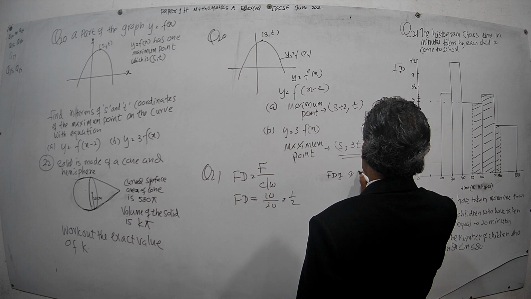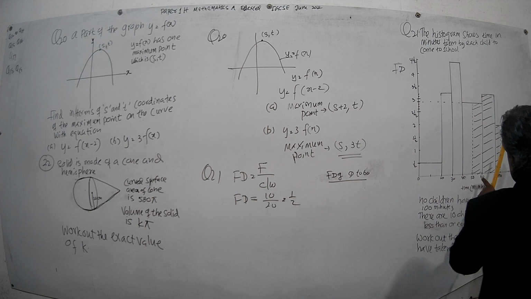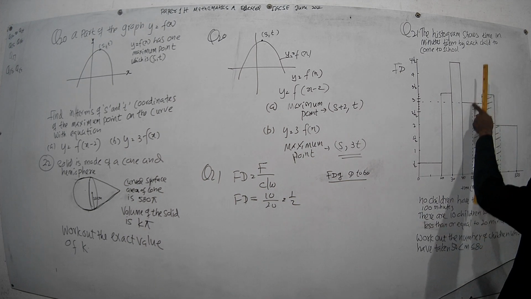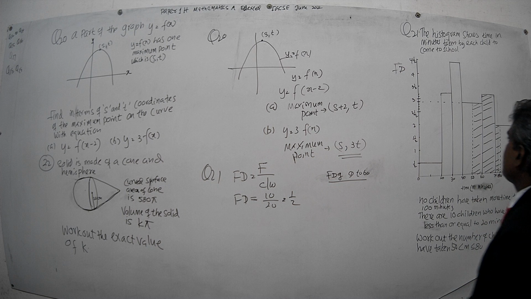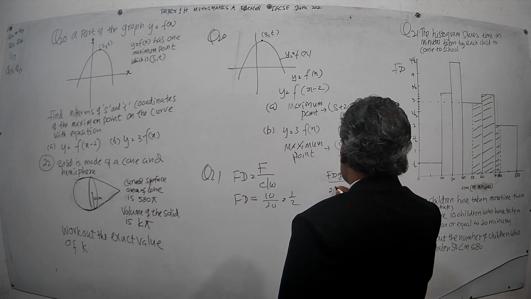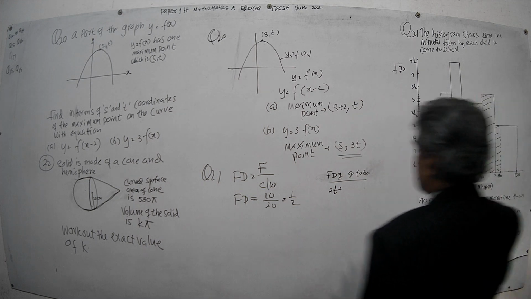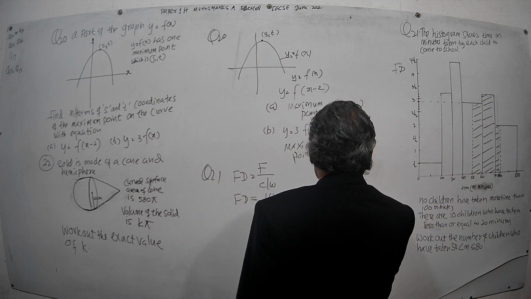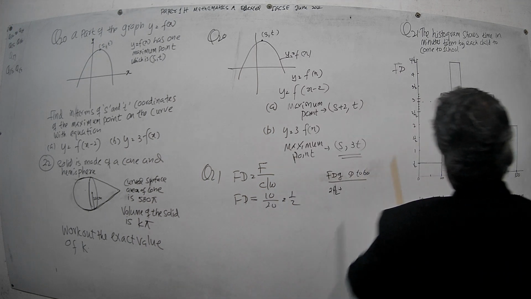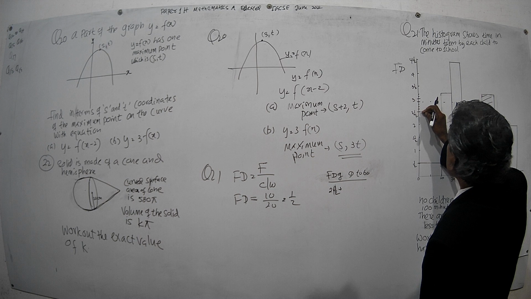50 to 60, that column, this one. How do you find that? Here you get from here to a 2.5, 2.5 plus 2.5 plus 2.5 plus here, then this part will be